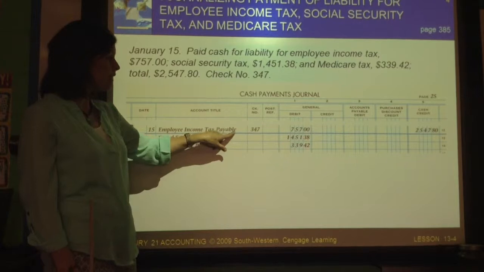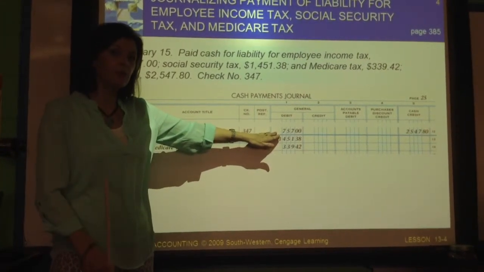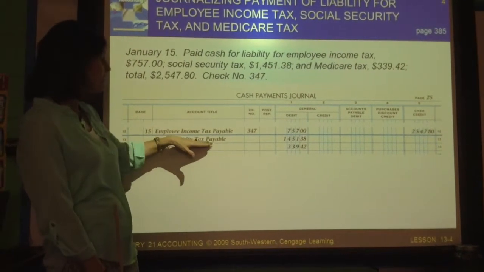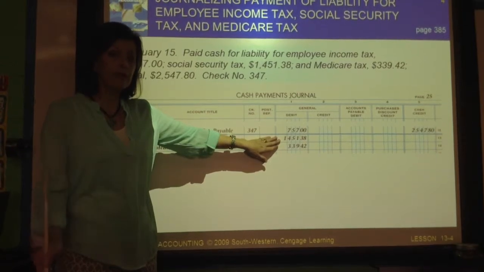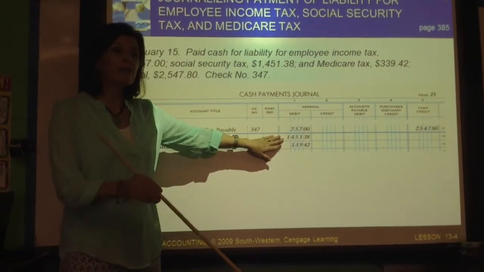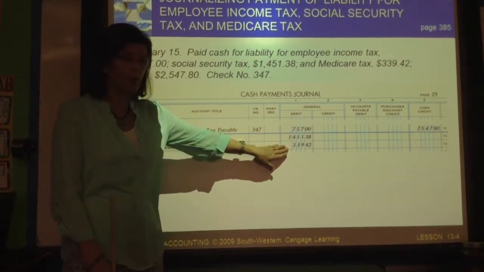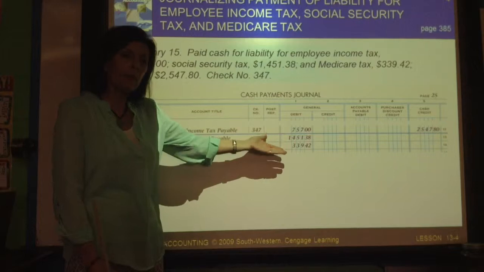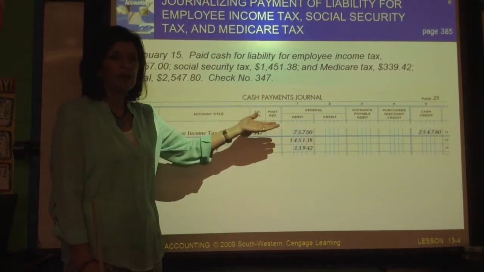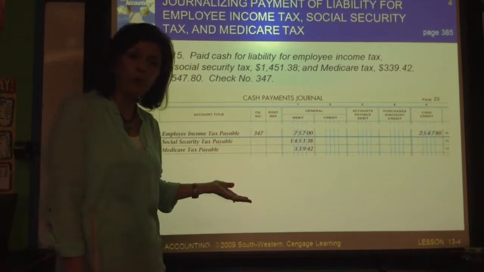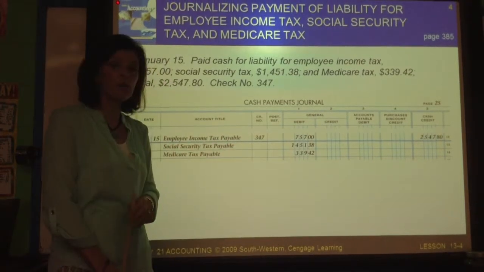This employee income tax payable, this is the entire amount of income tax that you held out of your employee's checks. The Social Security tax payable is going to be doubled because it's going to be the amount that you paid as well as the amount you held out of your employees' checks. And then Medicare would also be doubled because it works the same way. So the book gave us a percentage of, they doubled our 6.2 and made it 12.4 we talked about in class, and then they doubled our percentage for Medicare, which was 1.45,